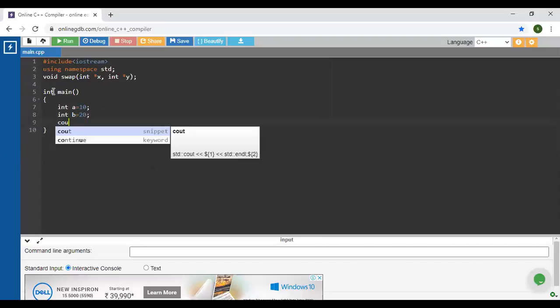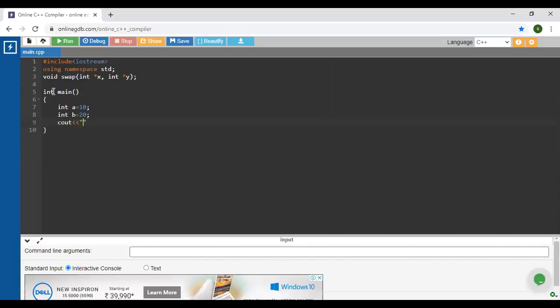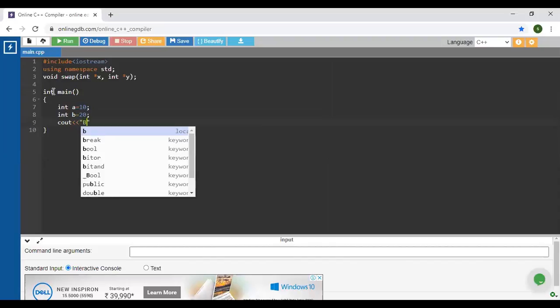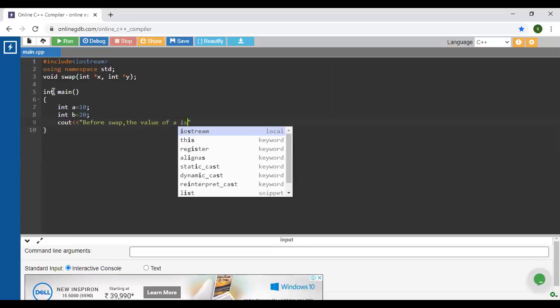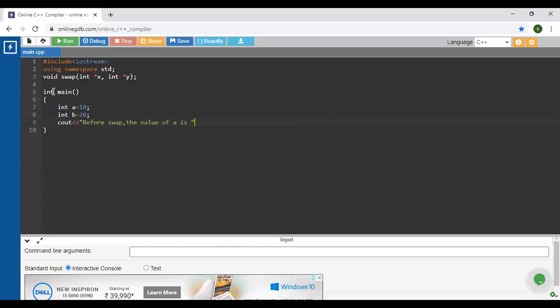Then print "before swap the value of a is", this is the value of a, use the slash n symbol, and this one is for the b variable.